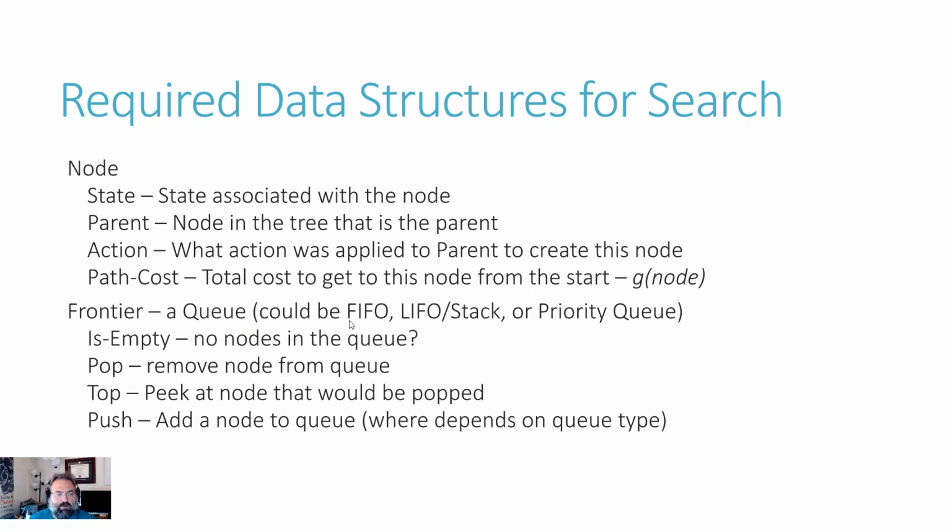your evaluation. Typically in some sort of a queue, you're going to do push and pop on that queue. You're going to remove nodes from it as you take them from being the frontier to something that you've already evaluated, which will oftentimes generate more nodes that become the frontier. You're going to use the top function, typically to peek sometimes into what would be the top to make some determination. And then whenever you've expanded the frontier, you're going to be pushing those nodes that now are the frontier into that structure.